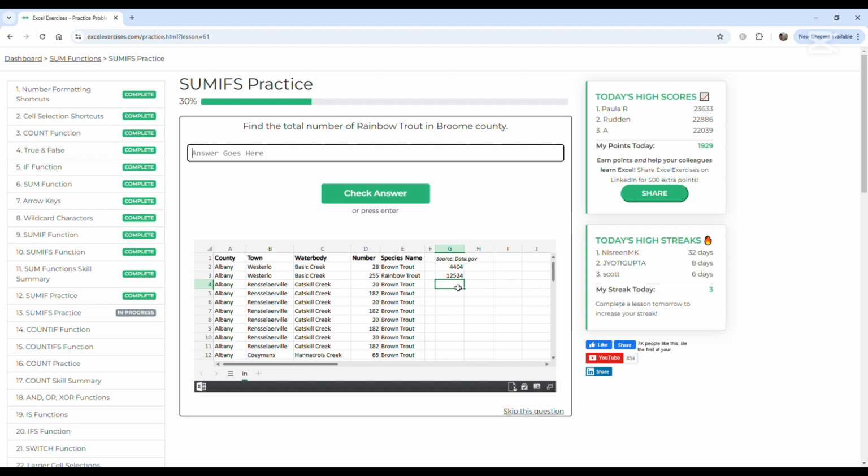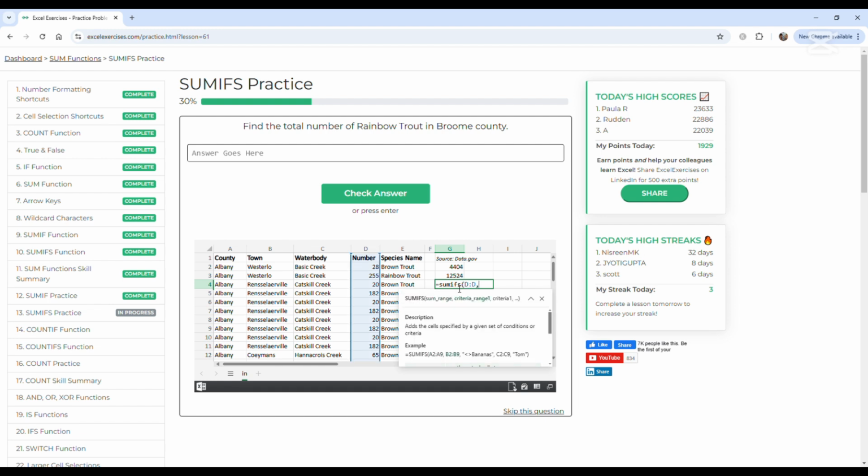Find the total number of rainbow trout in Broome County. Okay, so here again, pause. Once you think you got the answer, come back and check it. So to get the right answer, equal SUMIFS with an S, open parenthesis. The sum range is going to be again D, colon D, comma, and then we're looking for the county, Broome County. Okay, so county is in column A, so A, colon A. What are we looking for? We're looking for Broome, so it's like double quote